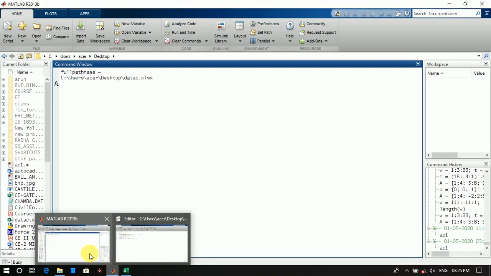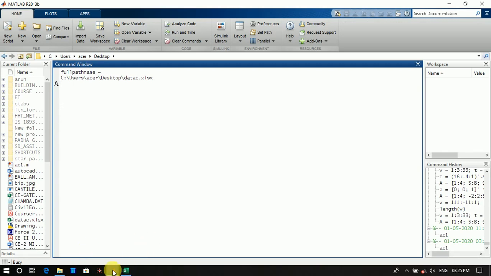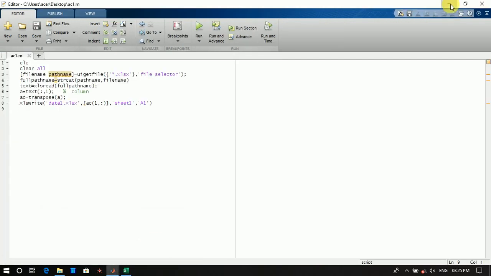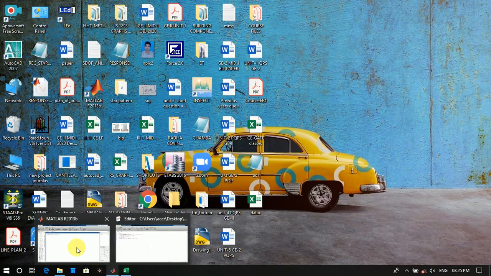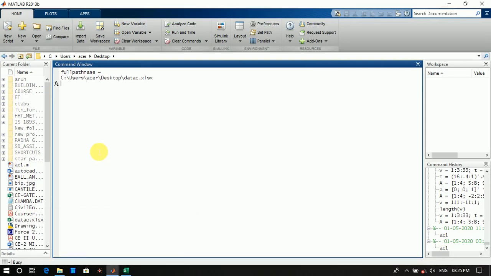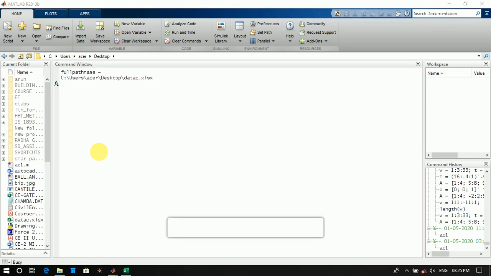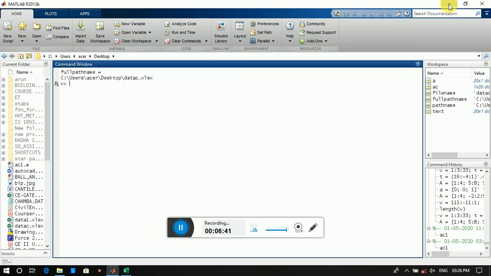There is some problem with this system. So you can see it is generated.